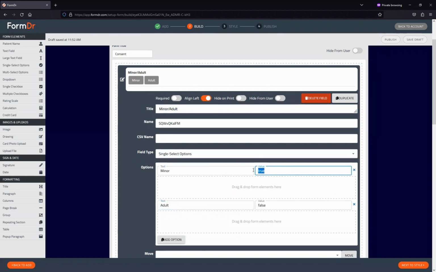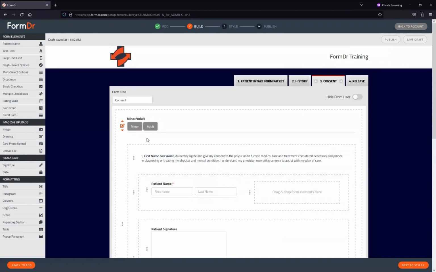Notice these are not randomized shortcodes for the selection widgets. These will be the values that will be output. So that shortcode will be found up here. So maybe this is minor question for our shortcode, and then we can just have minor and adult as the value. You can also leave it as true and false, which let's go ahead and leave it as true and false just to make it a little simpler. So we'll just change that shortcode to minor question, and we're going to copy and paste that over into the,